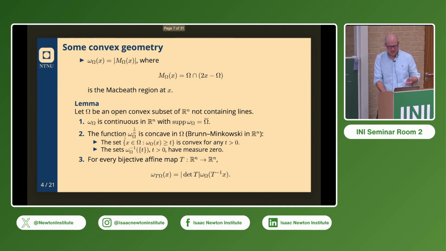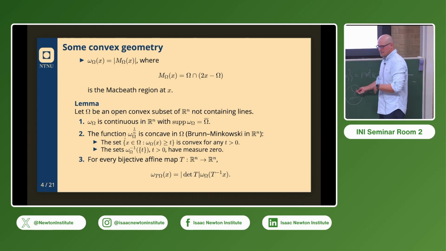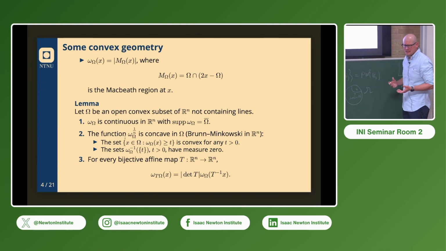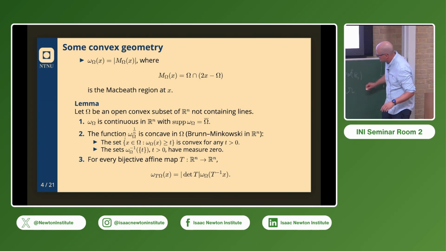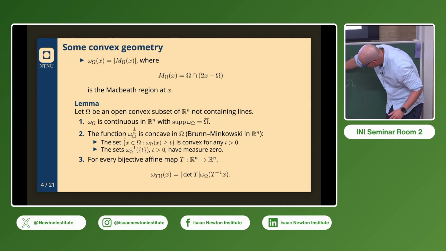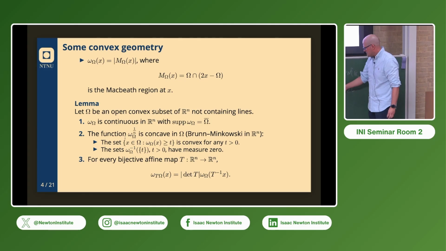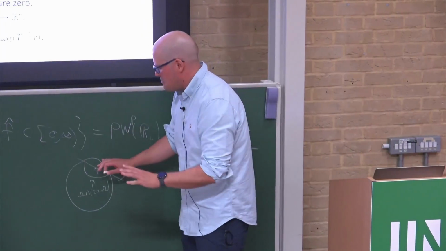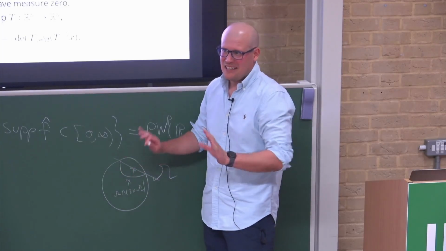Okay, so this weight is not a brand new object. Like I said, this weight is called the Macbeath region. It's the largest symmetric convex subset of omega containing the point x. And luckily for us, this object has been studied in the literature, by people working in something called economic cap covering. It's related to, if you take a bunch of random points and form the polytope inside, how well does that approximate the domain? That kind of question.